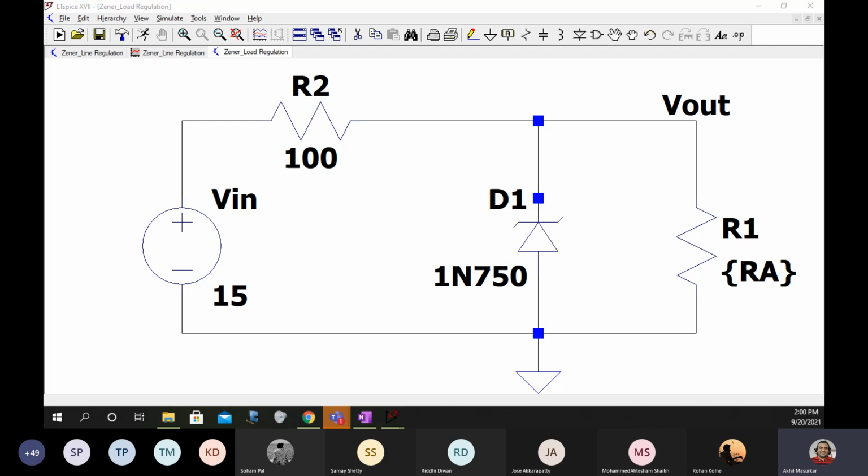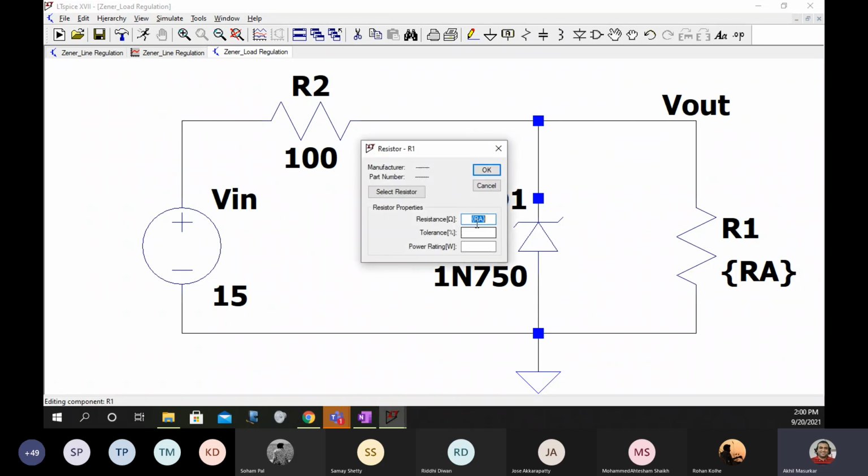Okay, Riddhi, correct. I am particularly interested in this part, curly bracket RA, because today I am going to teach you one command which will work only if you name R1 in this way. Yes, correct. Pratik, correct. Again I will show you. Right click on R1.